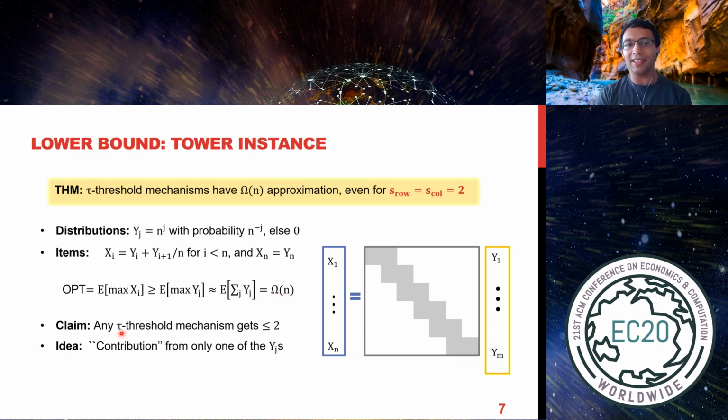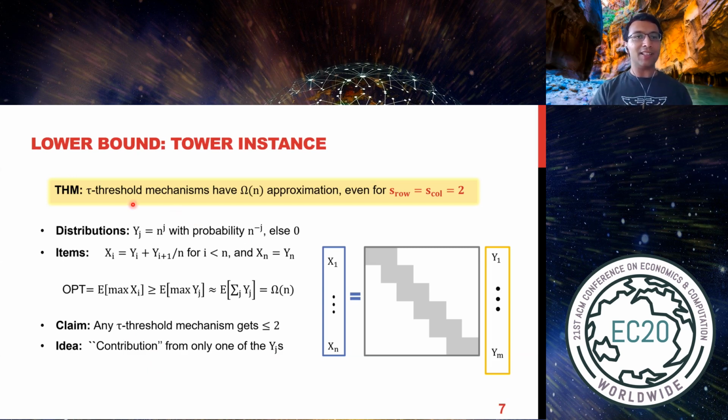However, if you design any threshold algorithm, one can show that it doesn't get too much value. It only gets at most a constant value, like 1 or 2. The rough intuition is, suppose you set a threshold which is close to n to the j. You only get value when yj is active, which in expectation gives you only value 1. In all the other situations, for all the other j's, it pretty much gives you 0 value. That's the idea. One can do this calculation. Okay, so this defeats simple threshold-based mechanisms.